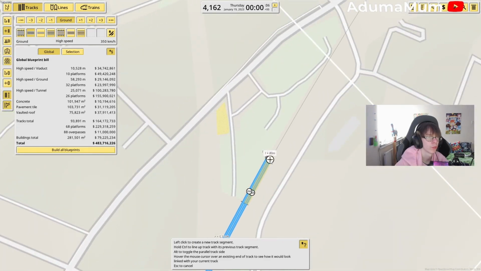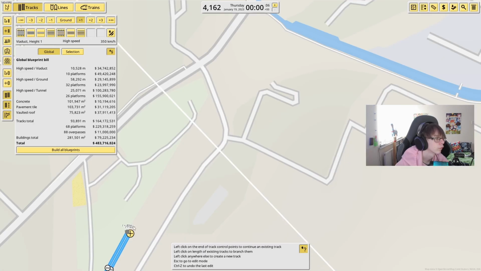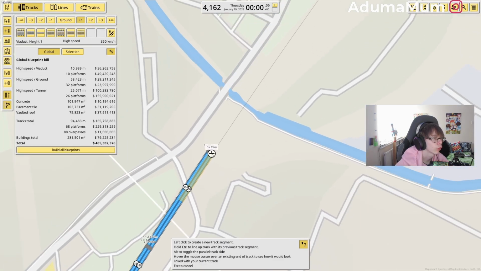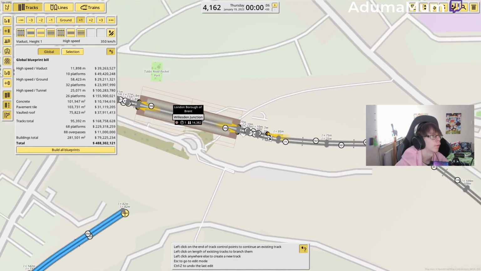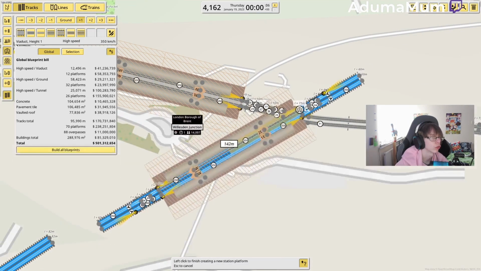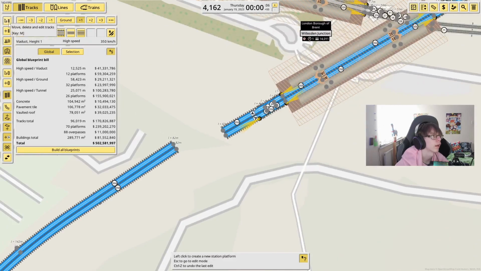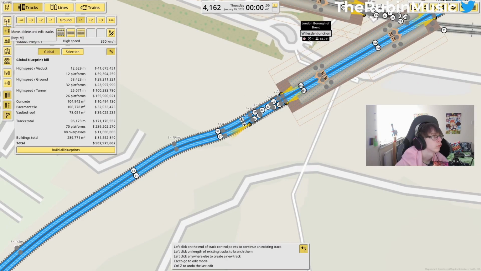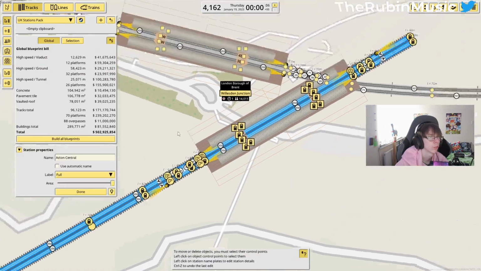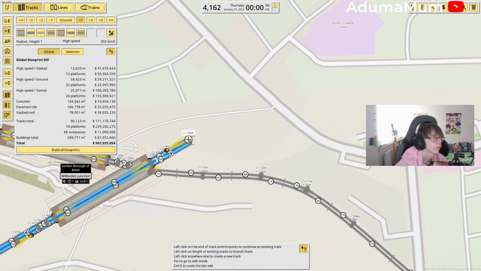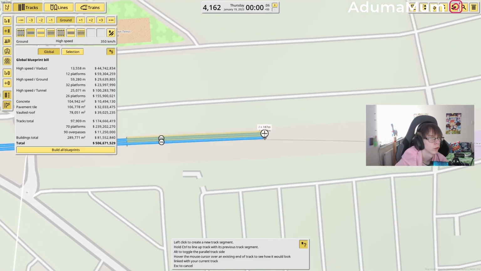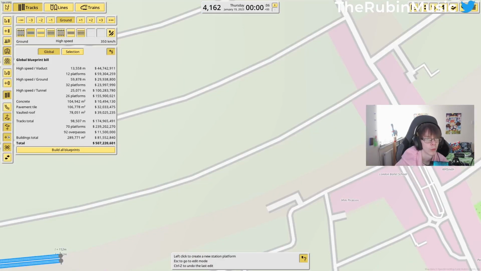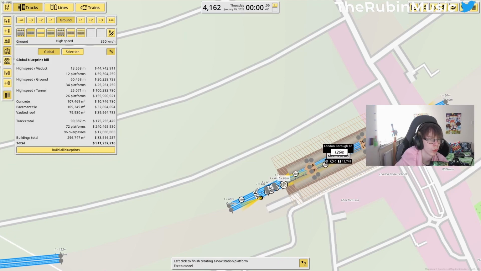And we're going to use this line here, and then we're going to put this back up onto a bridge, and we're going to build above Willesden Junction station, something like that at an angle. So just going to somehow manage to do it like that. And then from Willesden Junction, we're going to go all the way up here, along here, and then we're going to pop ourselves over here